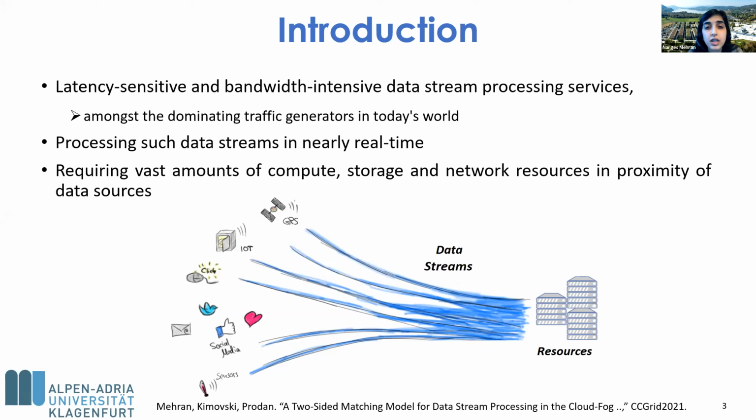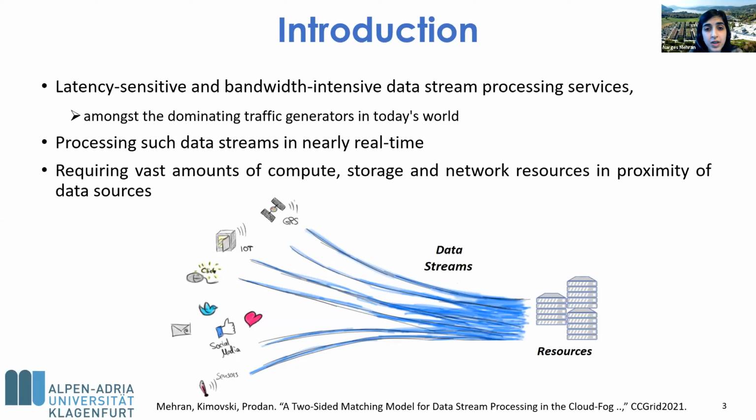But processing such a data stream in nearly real time for the end users required a vast amount of compute, storage, and network services to be placed in the proximity of the